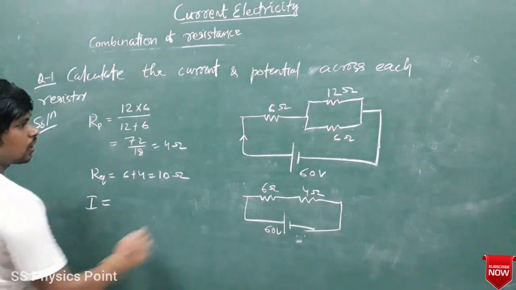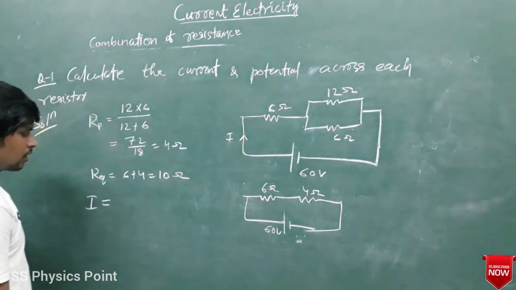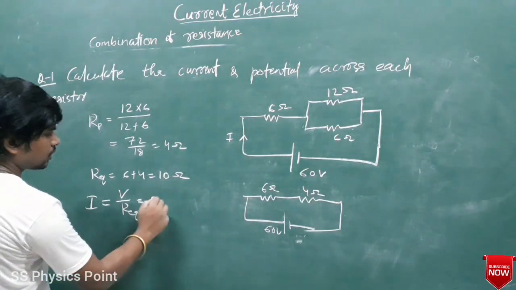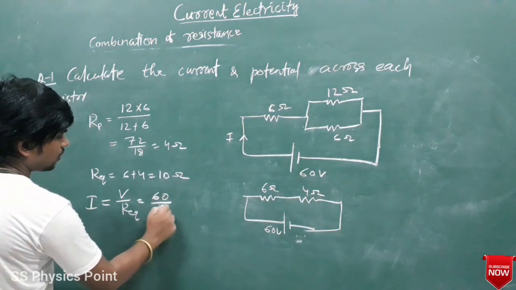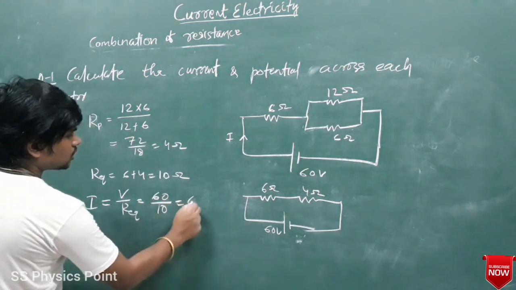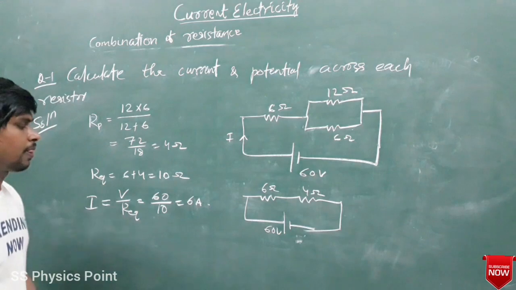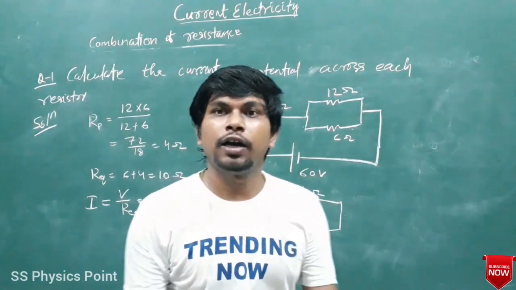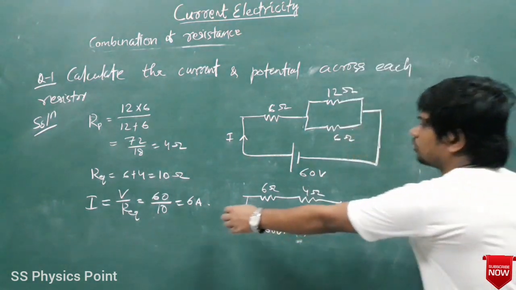सपोज करंट I कितना होगा? I equals to V by R equivalent। तो V कितना दिया गया है, 60 डिवाइडेड बाय 10 विल बी हाउ मच, 6 एम्पियर। पूरे सर्किट में कितना करंट जा रहा है? 6 एम्पियर। रिमेंबर कितना करंट जा रहा है